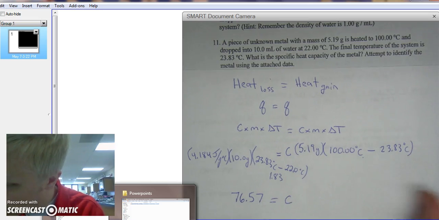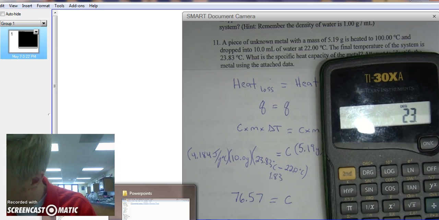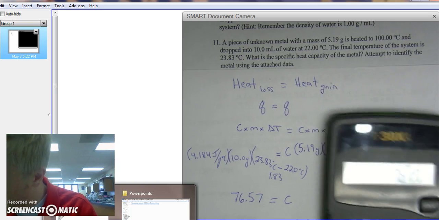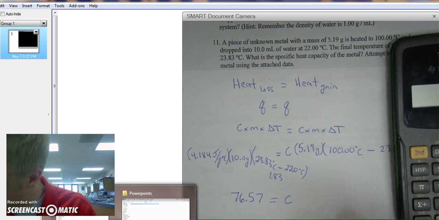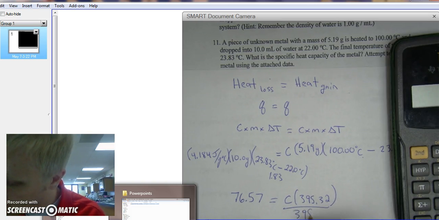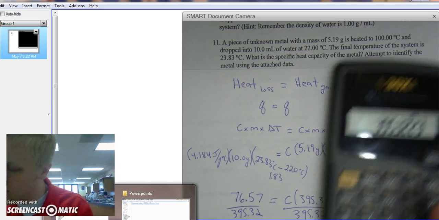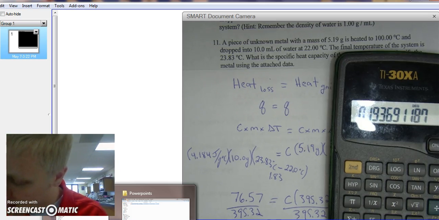And we got C, 100 minus 23.83, 76.17 times 5.19, 395. Alright, divide both sides by 395.32. So 76.57 divided by 395.32 gives me 0.19,